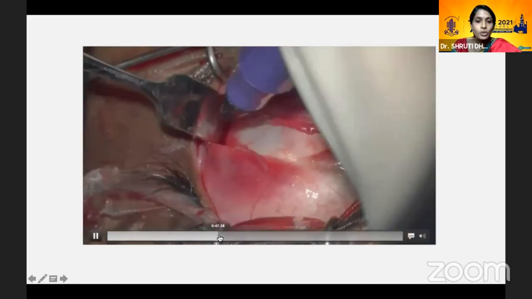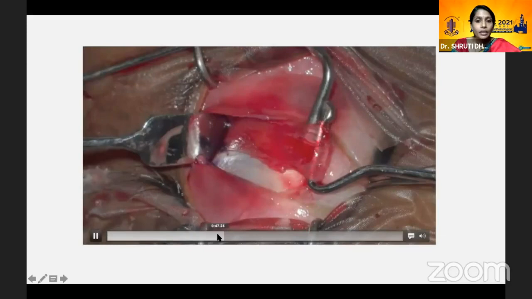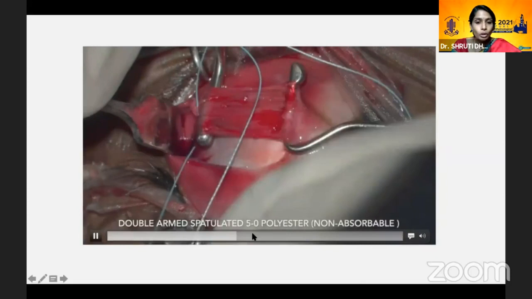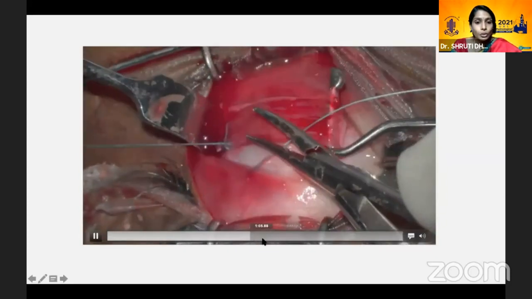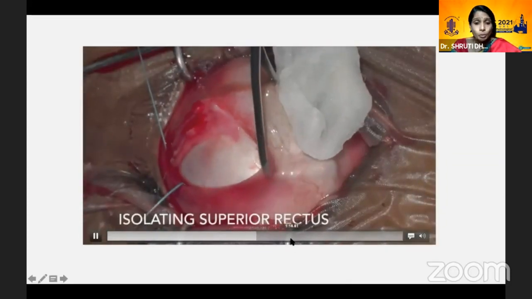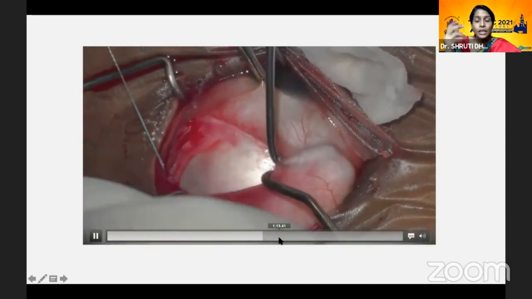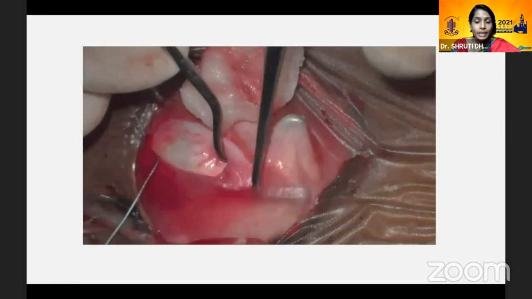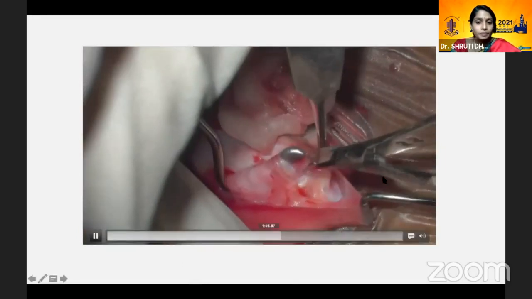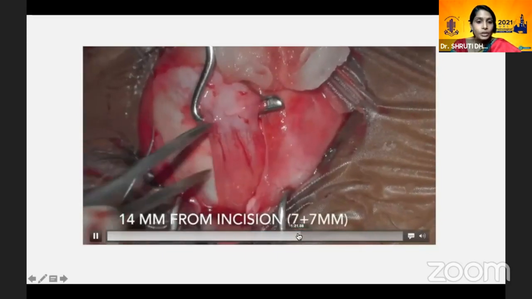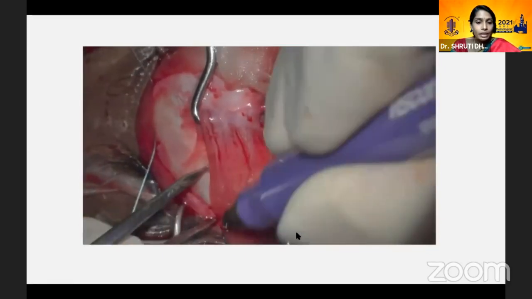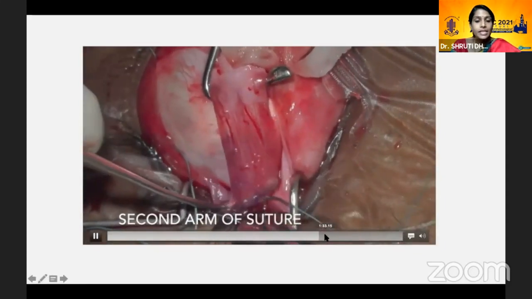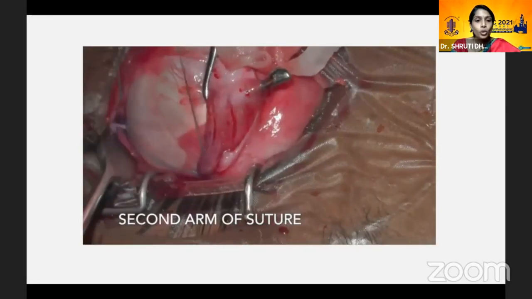And we take a non-absorbable suture and take about 1/3 to half thickness of the muscle. We tag it with a double arm spatulated 5-0 polyester. Once we do that, we isolate the superior rectus, and again we nicely separate the fascia behind and expose it to about 15 mm behind. And once that is done, here again you can see me measuring the 14 mm and marking that, and we use the other arm of the spatulated needle to take the second incision here and then pull these two ends together physically,